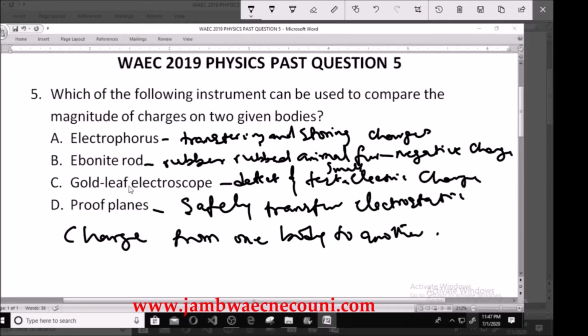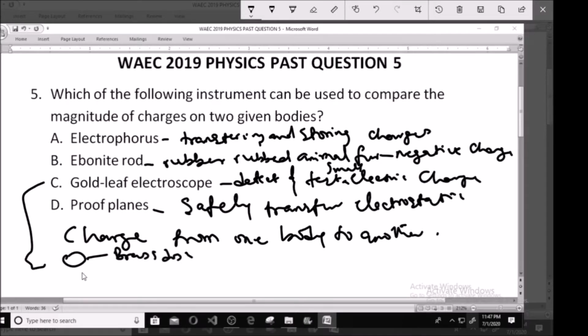So if you are drawing this very one, gold leaf electroscope, it has a structure like this. Here we have the brass disc, and it is then connected down here